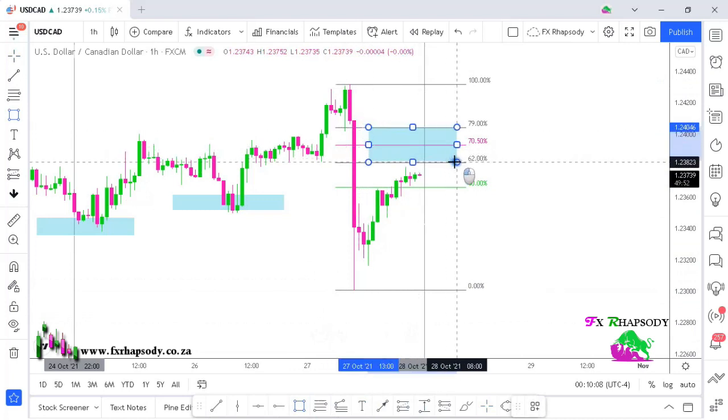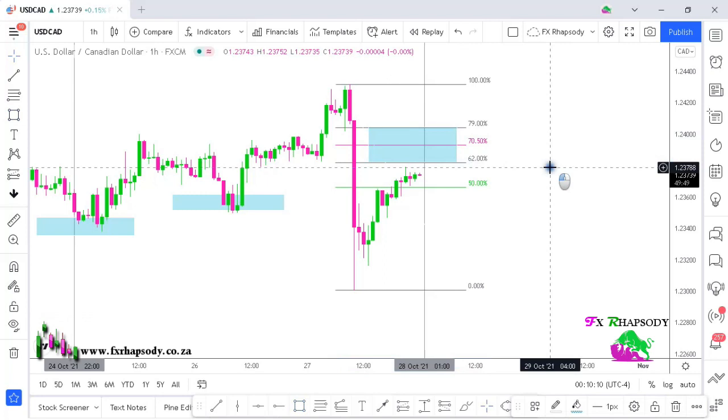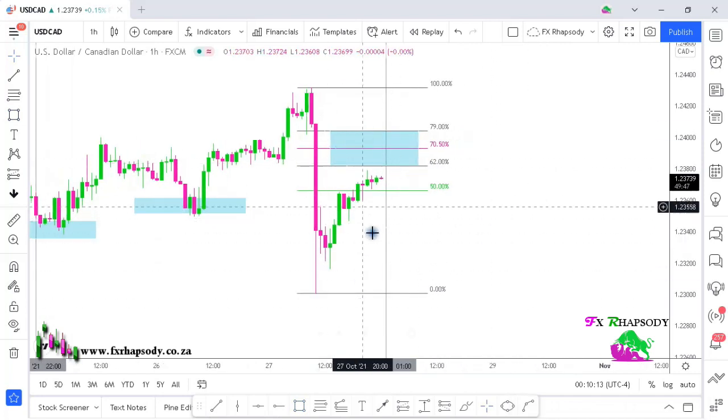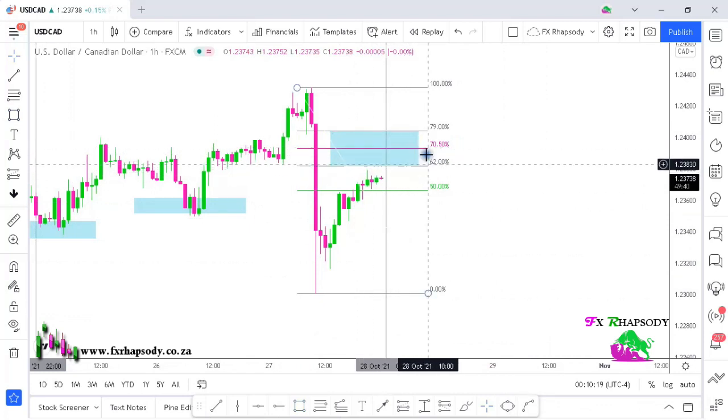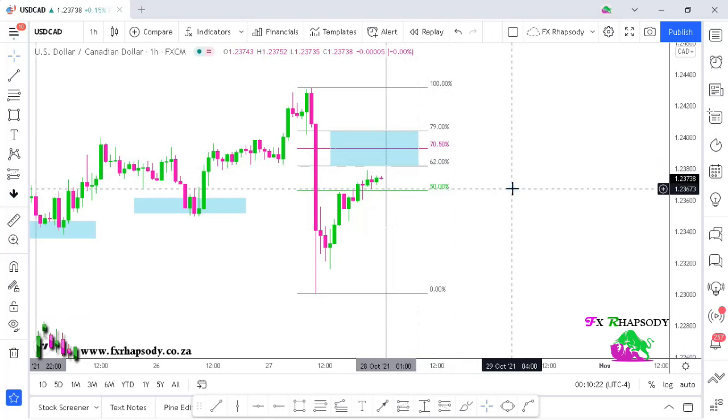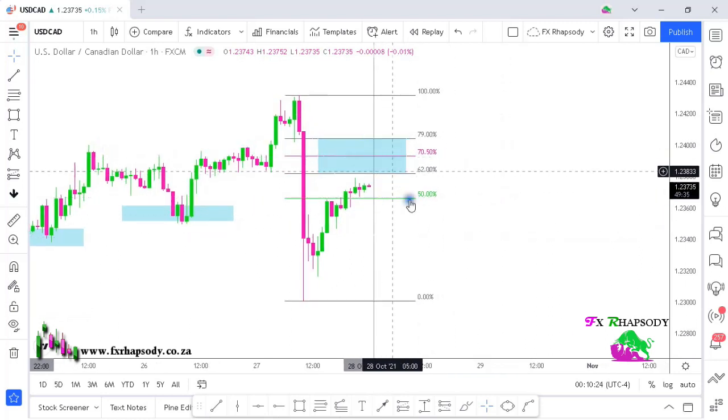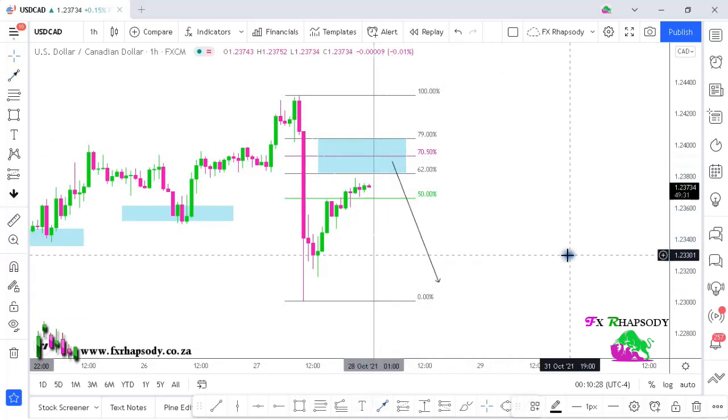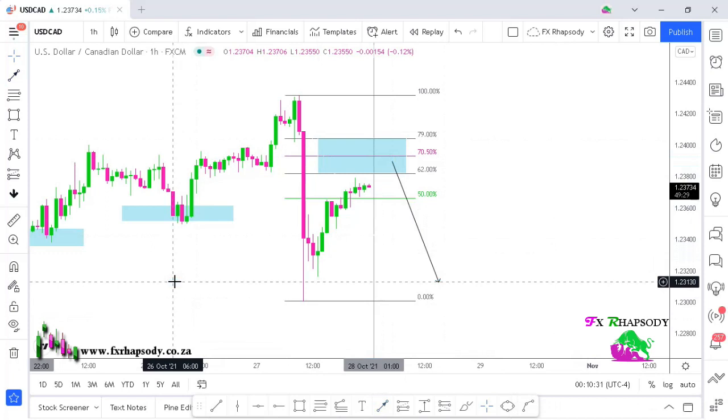So will this be a nice area for a sell off? Let's see if by the end of the day the loonie will actually reach this area here and maybe look for a sell. But I mean, Thursday, maybe Friday, let's have a look at what the market does. So that's all from me for this pair. Again, watch that news. Don't forget about it. That should be the first thing that you look at, just to plan your day in your trading, especially if